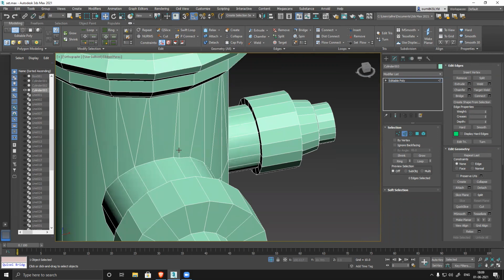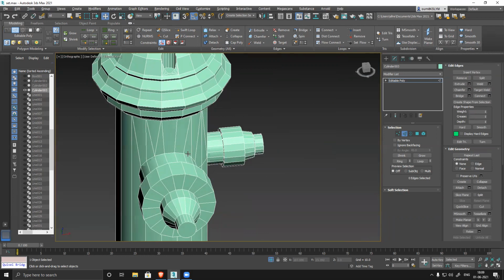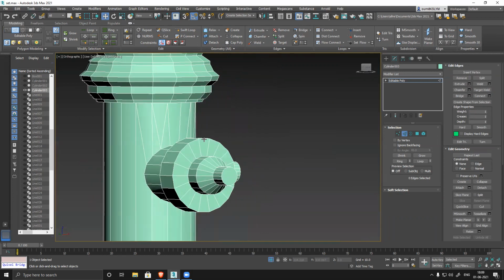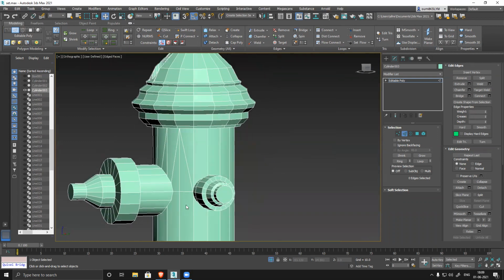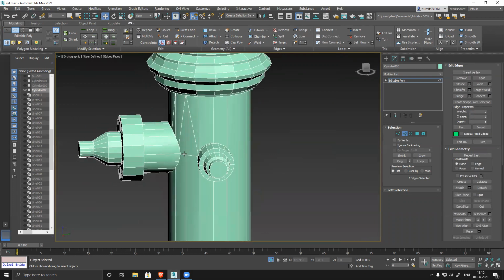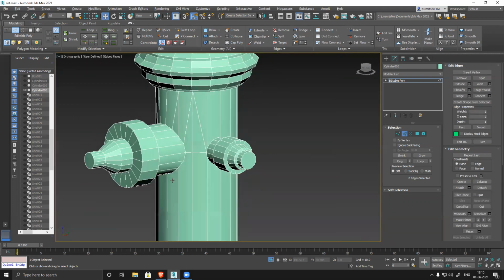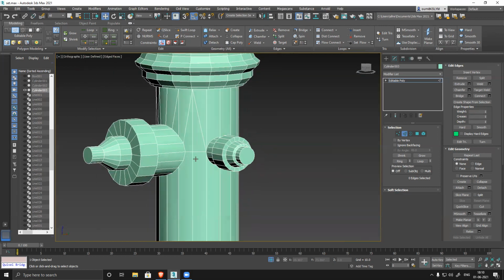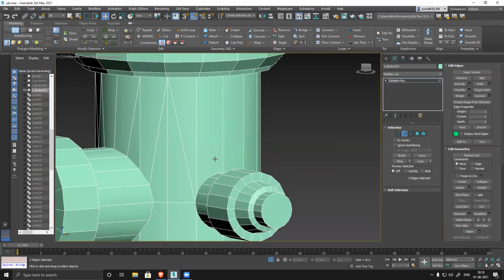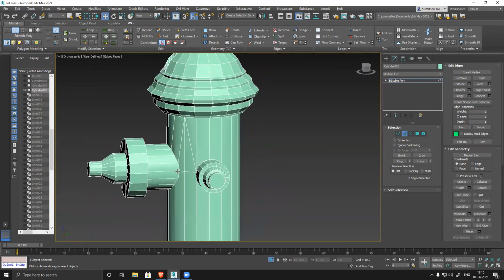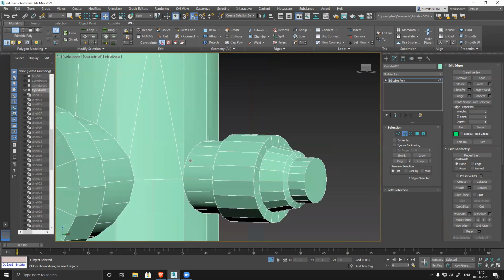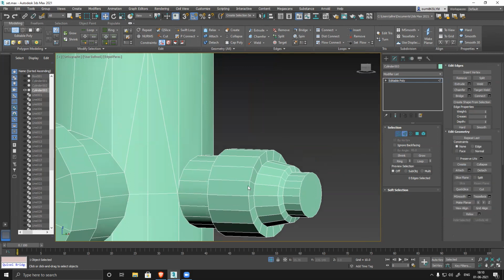Delete, delete. Like this, first we connect it, then we remove it. Without connecting, we don't remove it. Otherwise, it won't hold the shape. The shape will change. That is very important because this shape I cannot change. It should be like this only. The more polygons, the more issues.